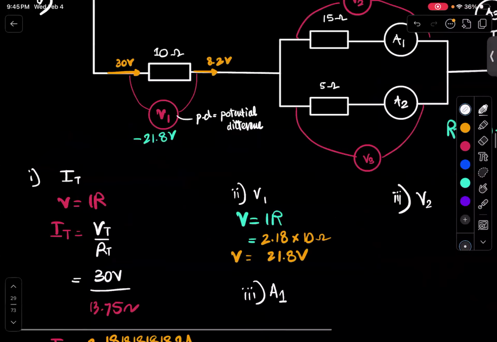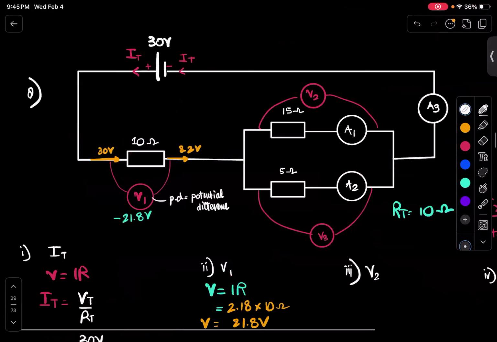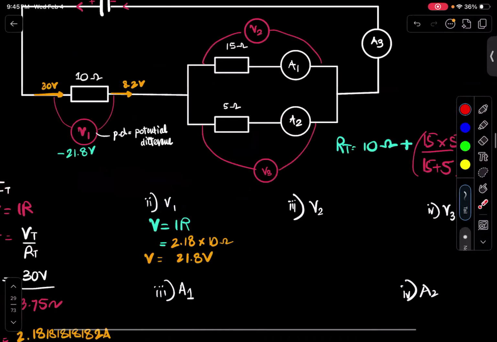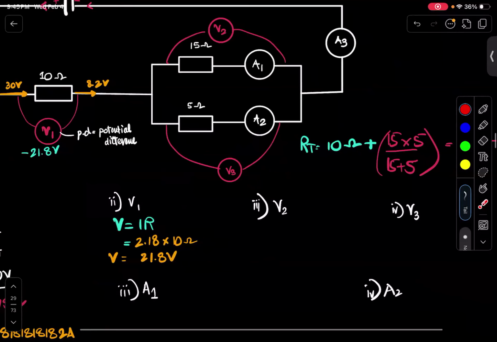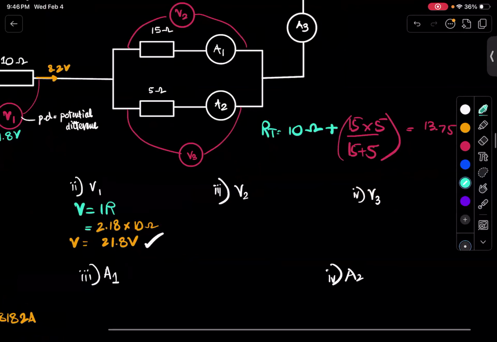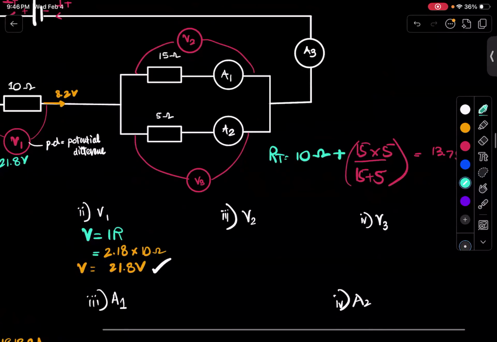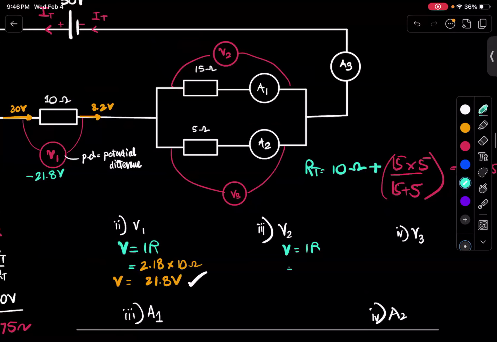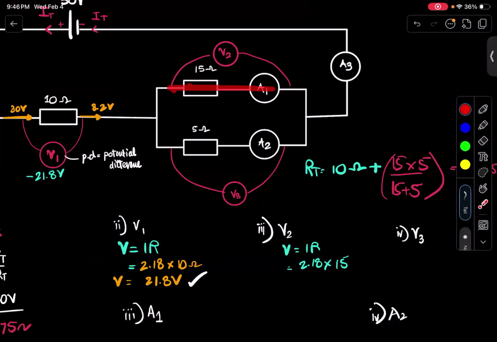Now this is where students get confused. Let me present the problem to you in the next question. So you figure out what V1 is. You've got the mark for that. How to calculate V2? What will they do? They will try to do V equals IR. And they will probably make the mistake of saying 2.18 multiplied by 15, and this is the voltage drop over here. But that's wrong